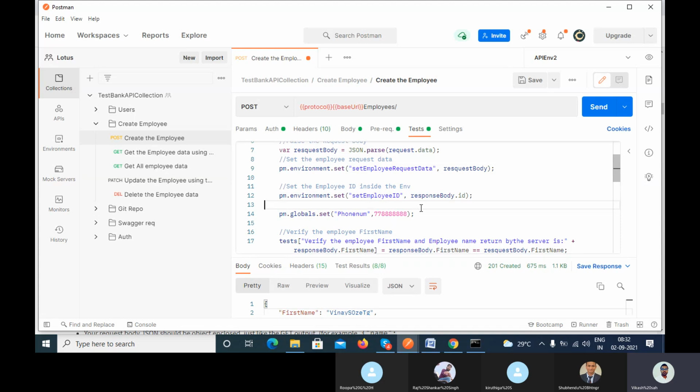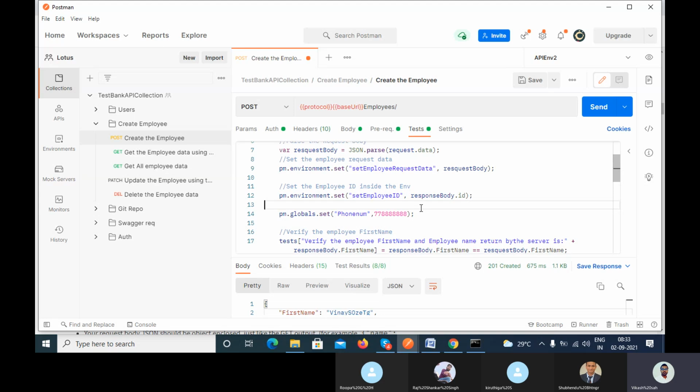In real time, it depends on how you are designing. In some projects, in some requirements, they are not using the global variable scope. In some projects, some architects are using it. So it depends on your design, how you are designing the stuff. Anything which is common in every place